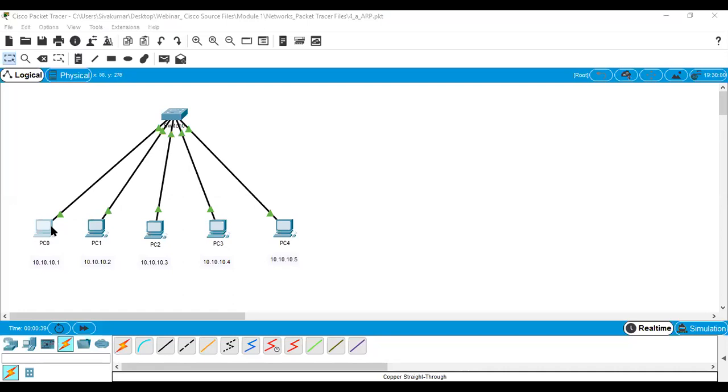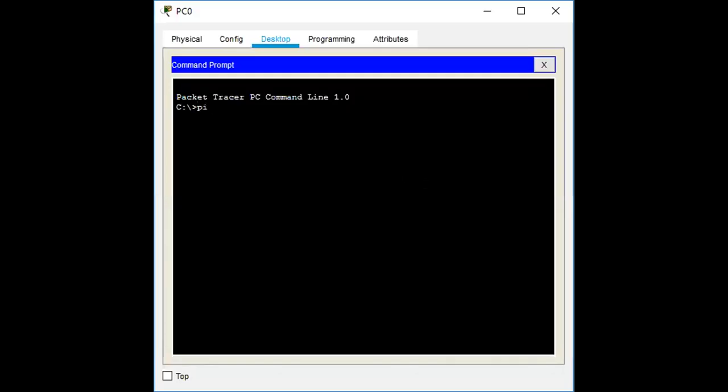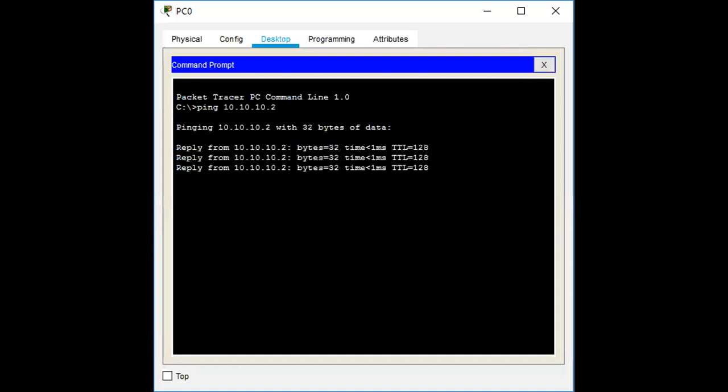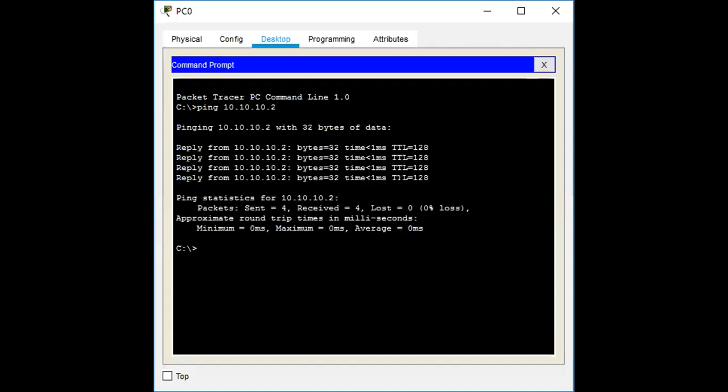Go to the command prompt. Here you type the command ping 10.10.10.2. This is the command you have to give, and you will get a reply from the second system.